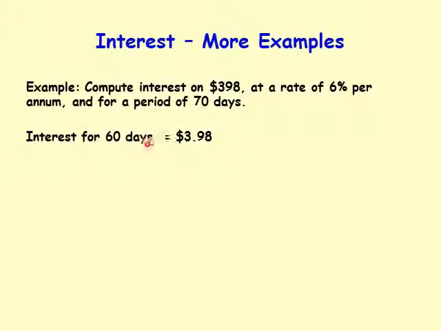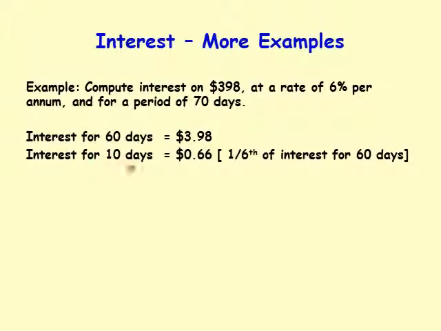Okay, now 60 days interest we are computing. Now 10 days we need to compute. Interest for 10 days is $0.66, 66 cents. I just did 1/6 of that and did rounding. So 3.98, 1/6 of that is 0.66. I did some rounding. I'm trying to keep it to 2 decimal places because in US currency the smallest denomination is 1 cent, which is